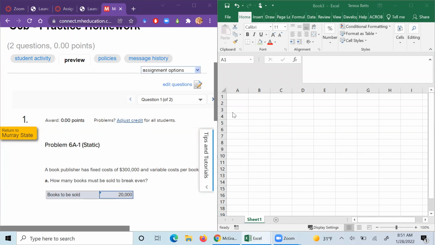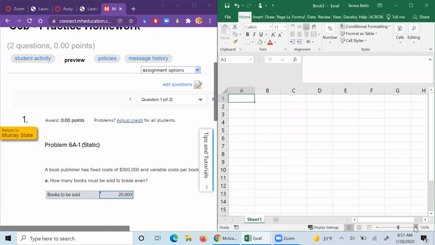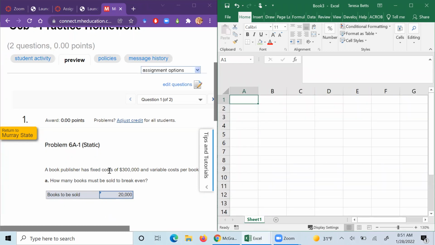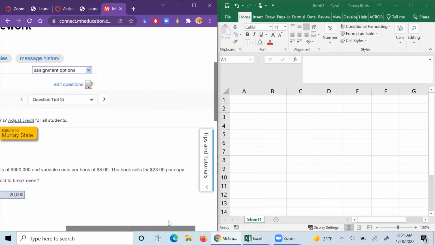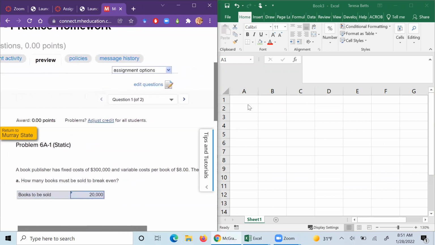So what I want to do is start by updating this with what information we have. In this problem, it tells us a book publisher has fixed costs of $300,000, variable cost per book of $8, and the book sells for $23 per copy. I'm just going to transfer that information into my spreadsheet. So I have fixed costs of $300,000, variable costs of $8 per book, and a sales price of $23. In break-even point analysis,